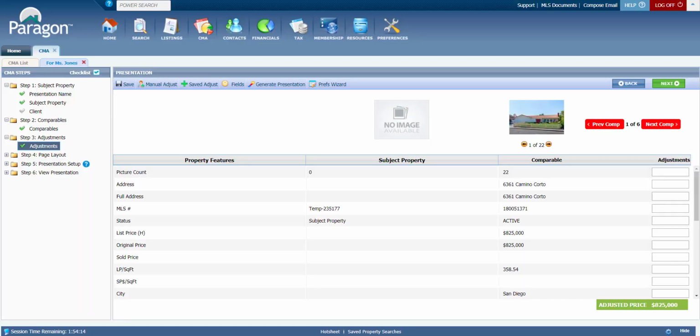Step number 3 in creating a CMA wizard is adjustments. Now, you may or may not utilize this step. However, if you feel that there are improvements, or the client is going to let you know that they've made a lot of improvements to their home, or even minor improvements, determining the value of that improvement is kind of